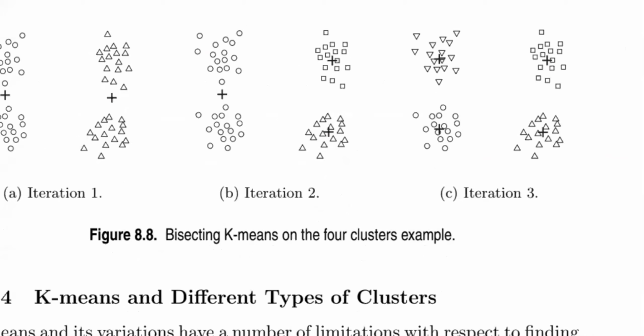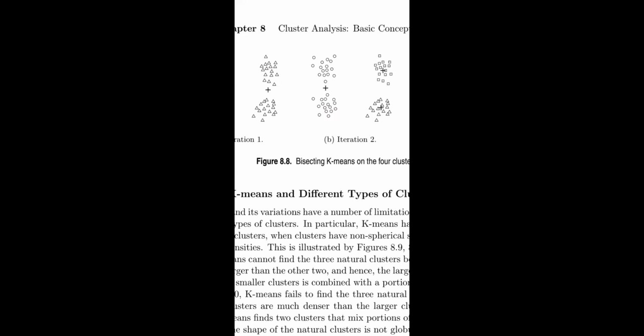K-means and different types of clusters, and what are the strengths and weaknesses, on the original points. What are the strengths and weaknesses? K-means is simple and can be used for a wide variety of data types. It is also quite efficient, even though multiple runs are often performed. Some variants, including bisecting k-means, are even more efficient and less susceptible to initialization problems.